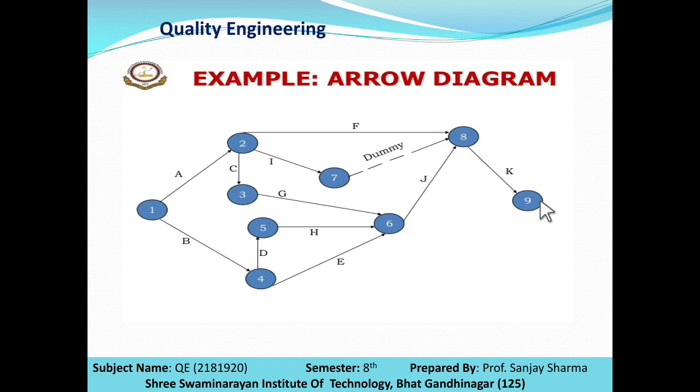So this is similar to what we were studying in CPM and PERT. So this you can say is the arrow diagram. One thing, in an arrow diagram there is no reverse activity, it only moves forward, left to right. There is no reverse motion in this. By this you also can find out the critical path of your production line. So this is how an arrow diagram plays an important role as one of the new 7 quality tools.